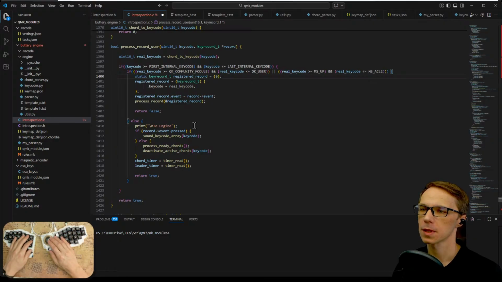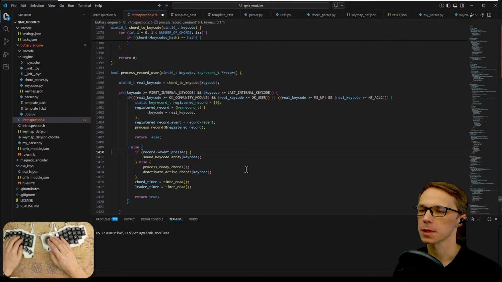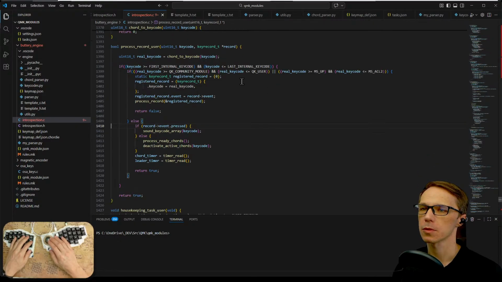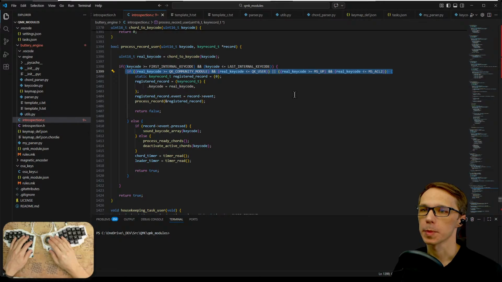Anyways, today we are back to the engine. There is still some stuff that needs to be done. Of course, I had to distinguish over here this mouse key that is coming in, because it has to be sent back to QMK. Although, if I think about it right now,